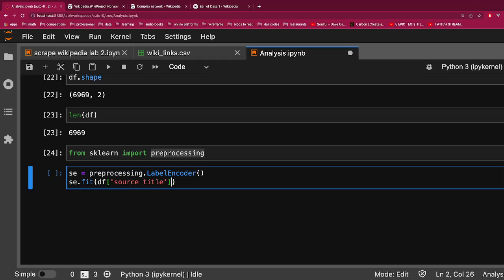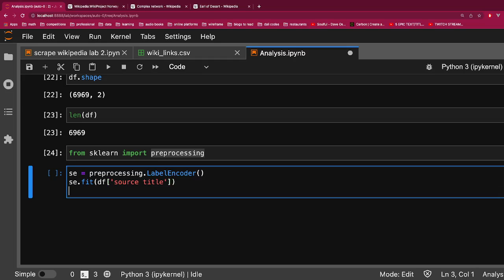After fitting, I don't know if LabelEncoder has fit_transform, but let me just fit, then transform. So my data frame's new column is going to be, let me call it, source label. Yeah, the spelling of label. Label will be my source encoder dot transform,